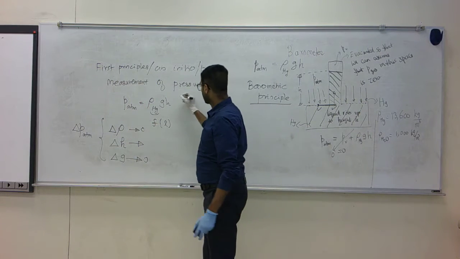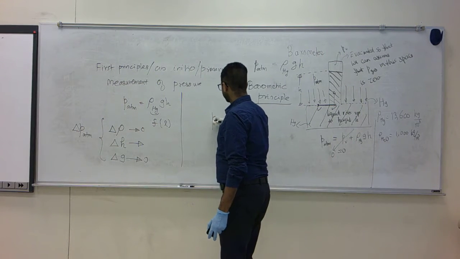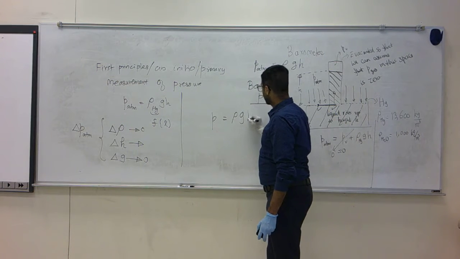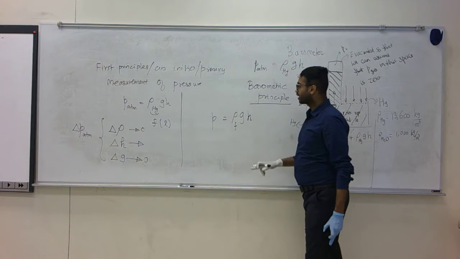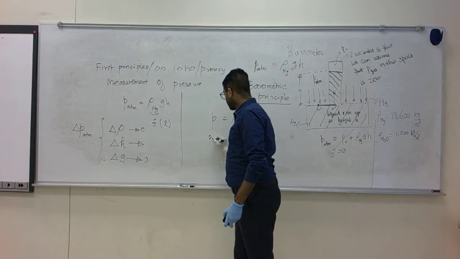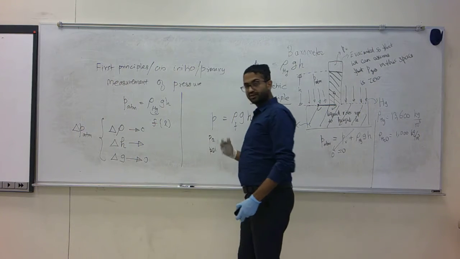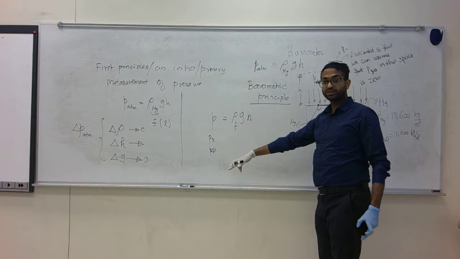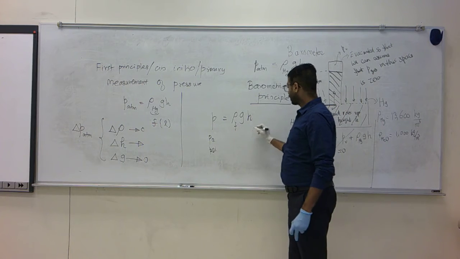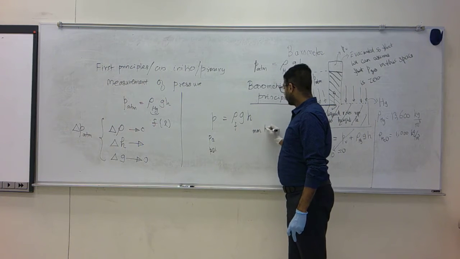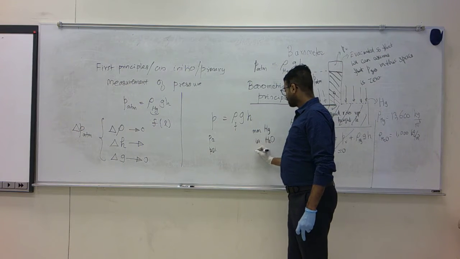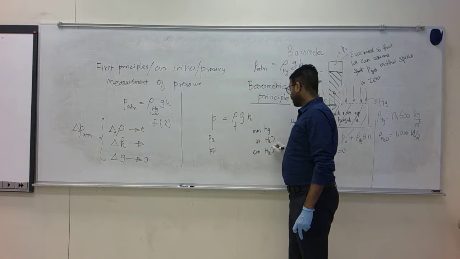So what this equation also represents is that pressure is expressed in terms of height. That is, you can specify pressure in pascals or psi, etc. Those are units of pressure. You can also measure pressure in terms of length. You can say it is millimeters of mercury, you can say inches of water, you can say centimeters of water, and so on.